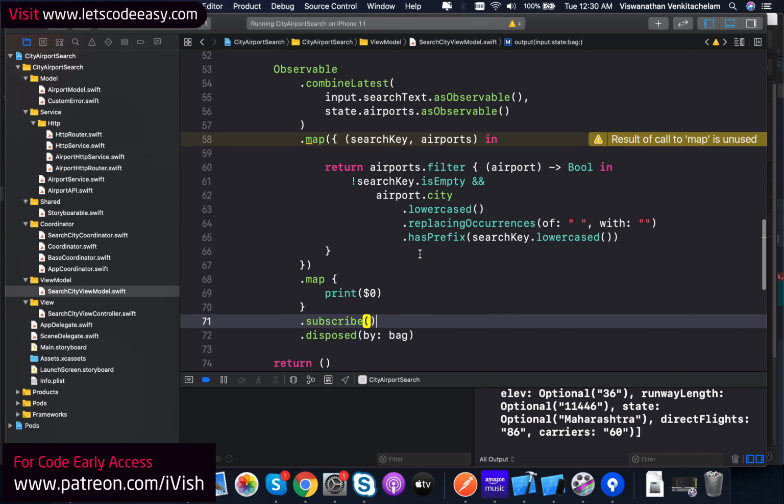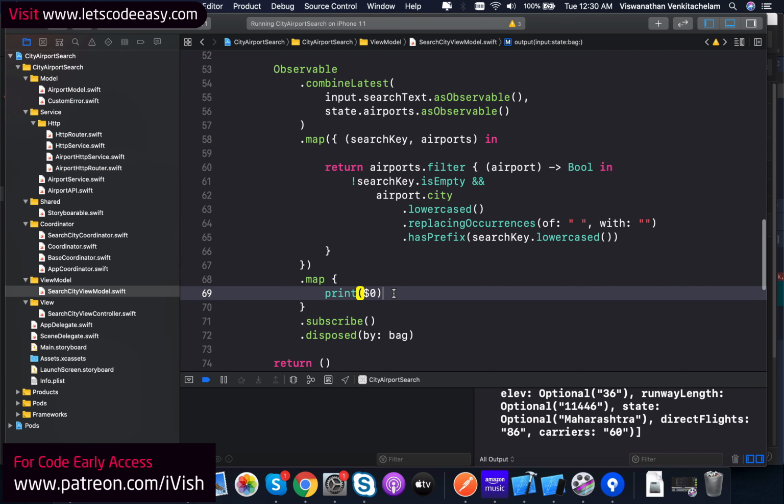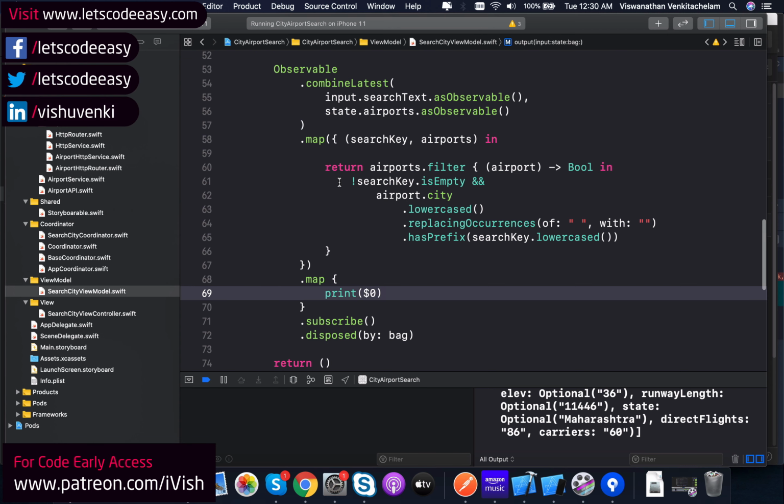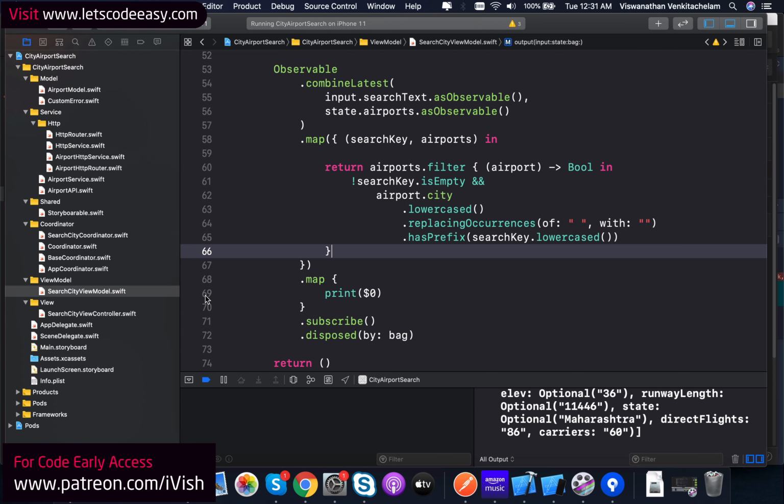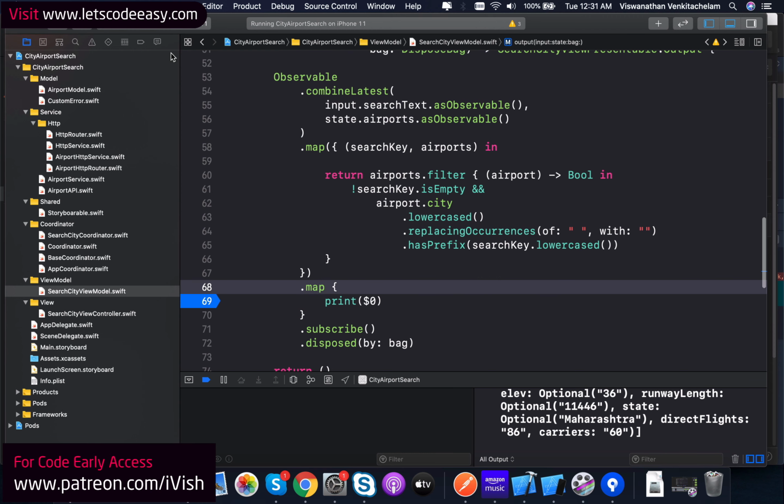But ideally, once everything is final and once I create the view model out of these model elements, we should send this through the output to the view model so that it can bind that view model to the table view cell. That will be happening later. Now it's all about implementing how this search text is going to filter these things. So that's what we are trying to do here. Let's put a breakpoint and see. So once we run this,